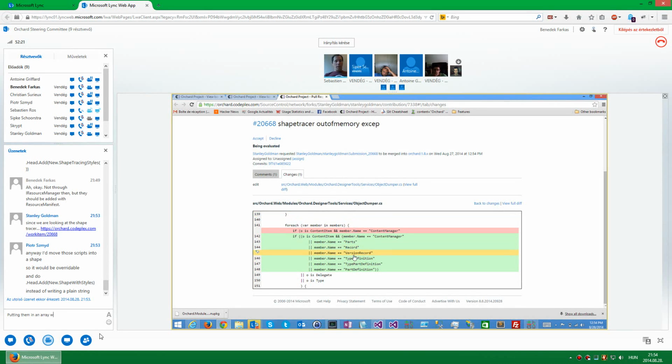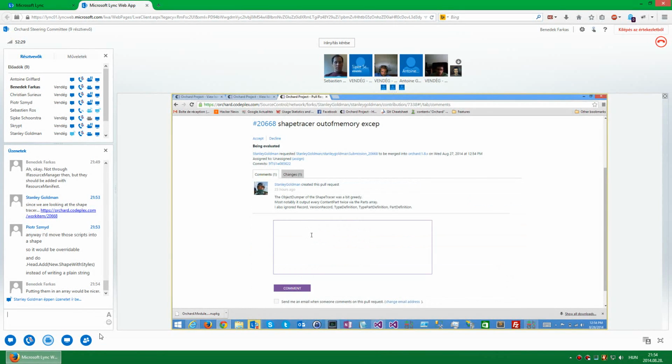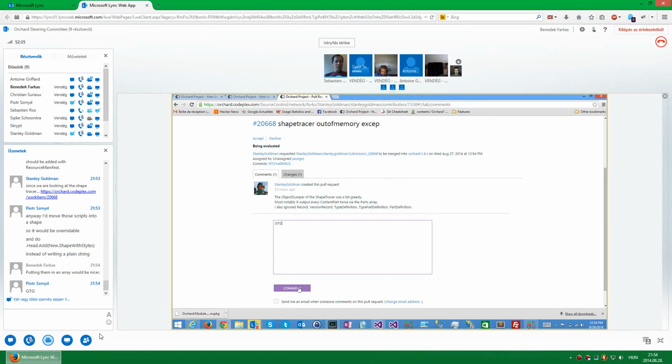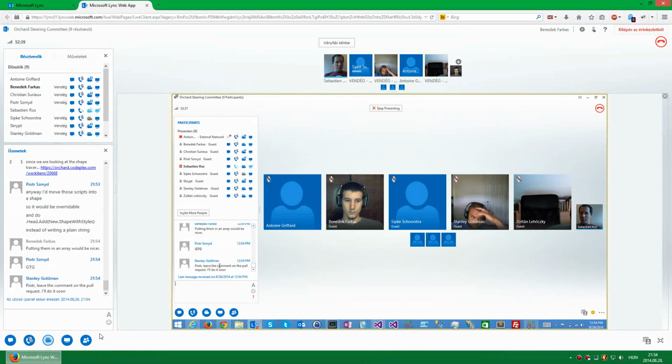The ones who would like to use type definition, record, and whatever, they know what they're doing, they look at the code and they will know what they can do. The shape tracer will help the designer. So I give a good to go. Who doesn't give a good to go? Nobody. Good to go.